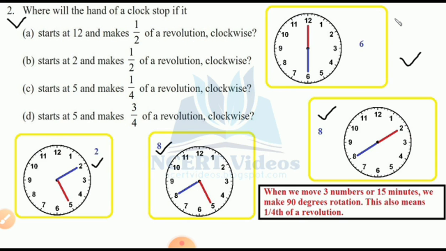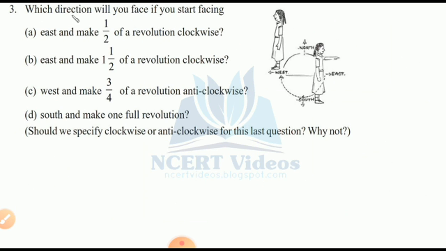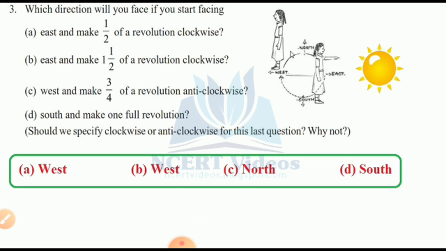Okay. So now here we are moving on. Question number 3. One girl is standing in the east direction and one girl is standing in the west direction. So north and south also you are knowing. Where is the side of the east? Always in front of the sun. And opposite is that side, west. When you are standing on the sun side, your left hand is showing north direction and right hand showing your south direction. There are questions 1, 2, 3, 4, A, B, C, D.